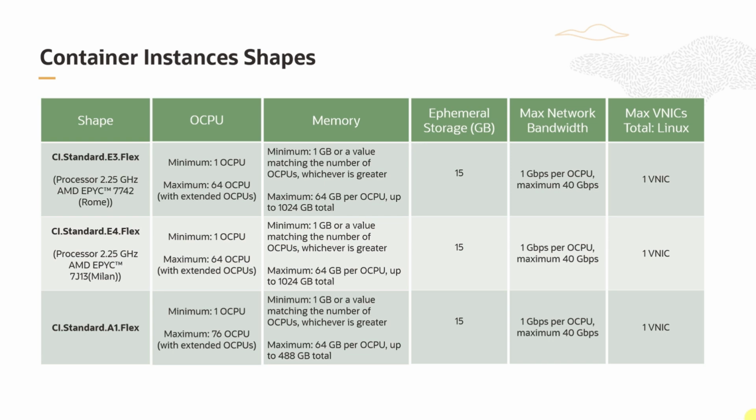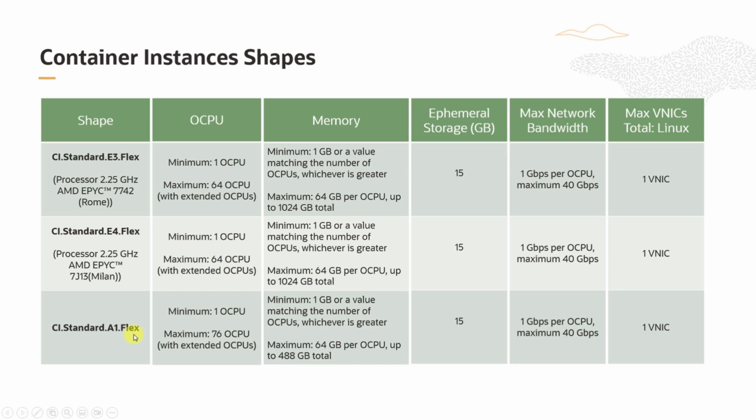In OCI, container instances offer various shapes, each designed to suit specific workload demands. You have the choice of CI standard E3 flex, CI standard E4 flex, and CI standard A1 flex shapes. One standout option is the flexible shape, granting you the freedom to adjust the number of OCPUs and memory allocation when initializing your container instance. This adaptability empowers you to fine-tune performance and cost effectiveness by aligning the container instance precisely